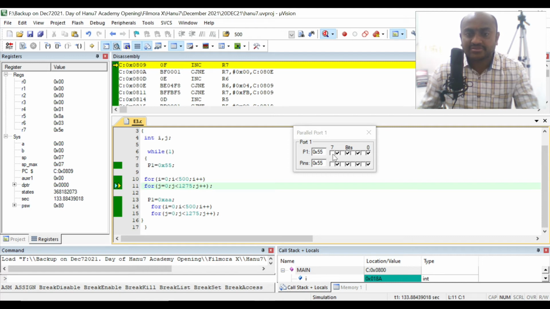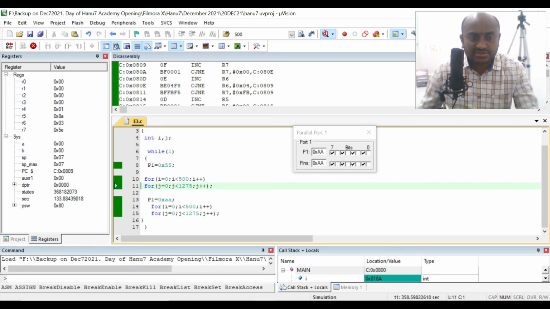Then what happens? It will become AA, so that you can observe. It is going from 5 to AA with some delay, and after that it is again going back to 5 with some delay.